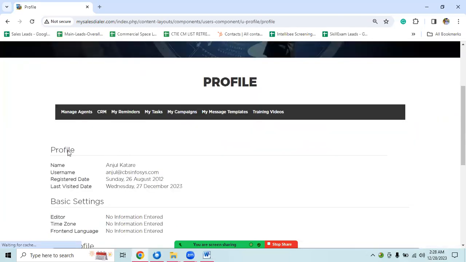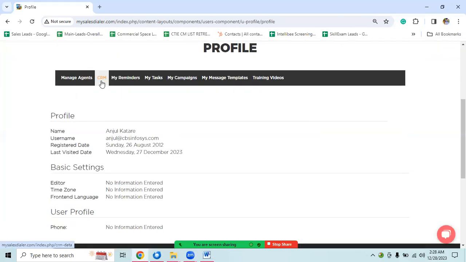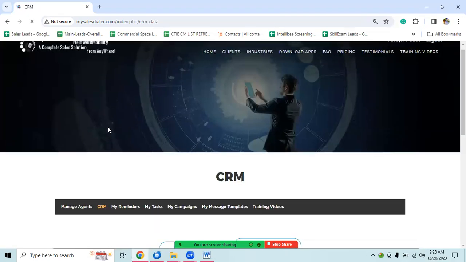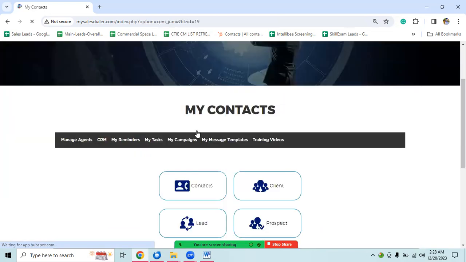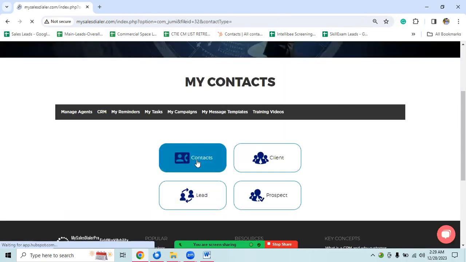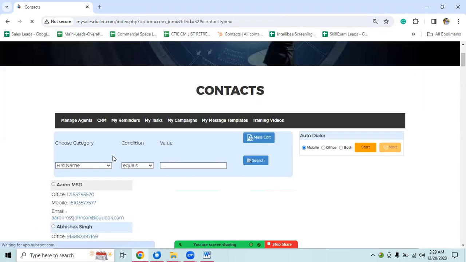Now, once you log in, you need to go here to the CRM button and then click here on My Contact and then Contacts. Now,